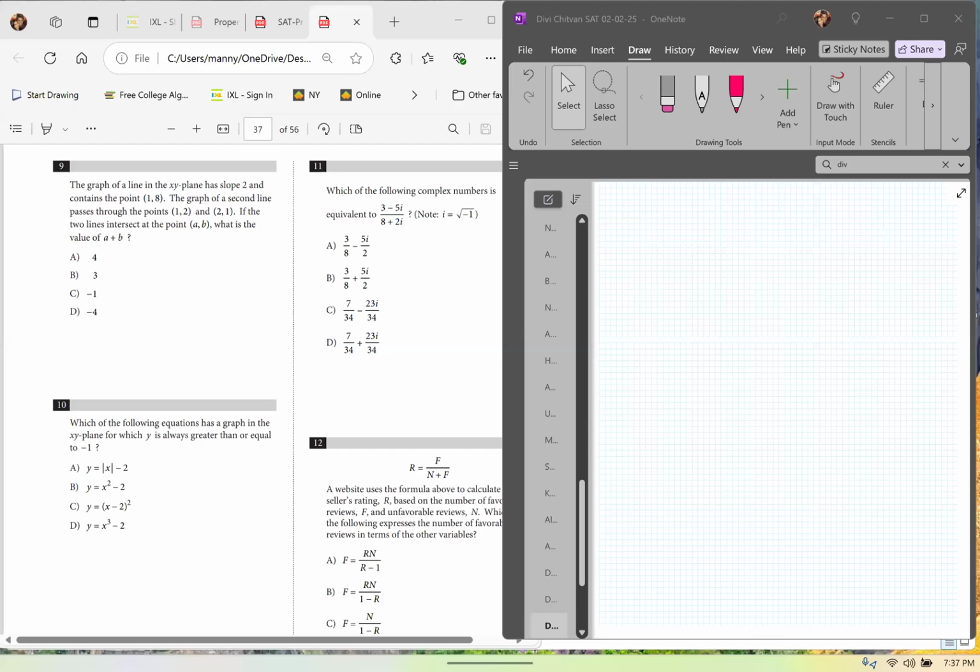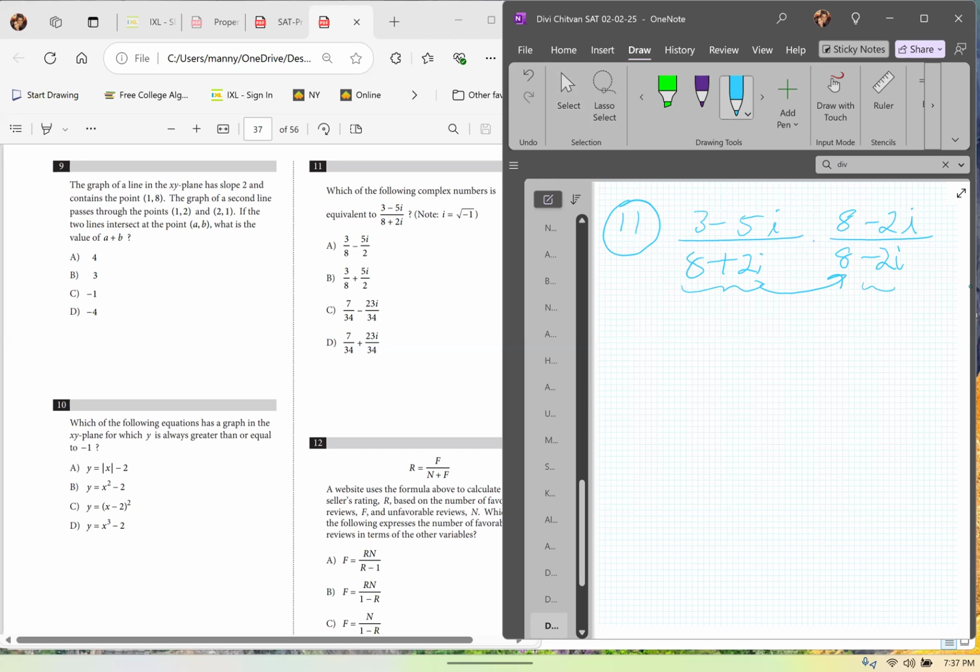Okay, so number 11, what you need to do is multiply with the conjugate. So you have 8 plus 2i. The bottom tells us the conjugate will be 8 minus 2i. So you have to multiply the same thing for the top. Yeah? 8 minus 2i. Now you can multiply this and you have,